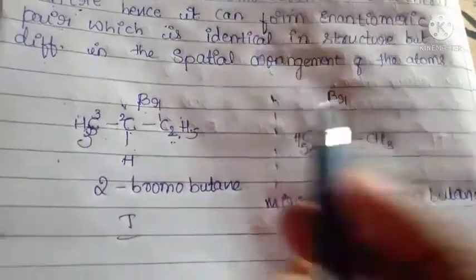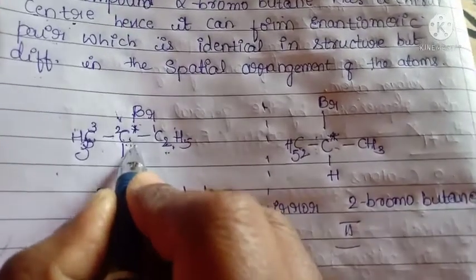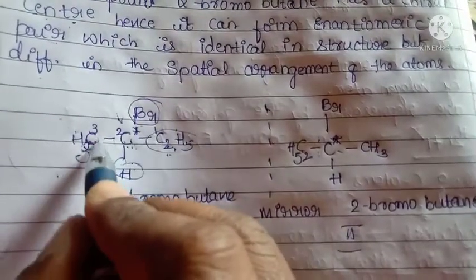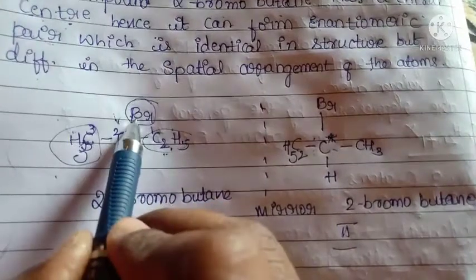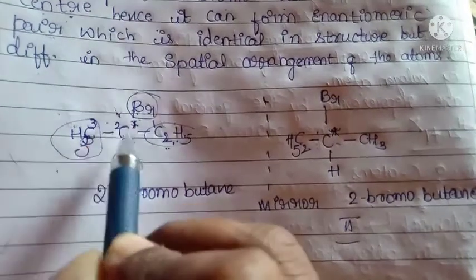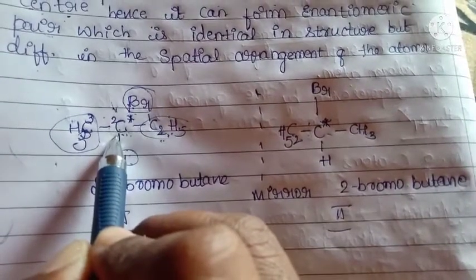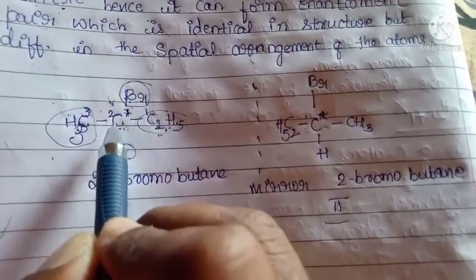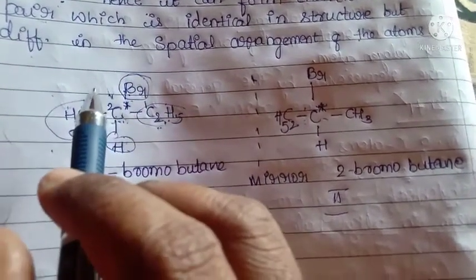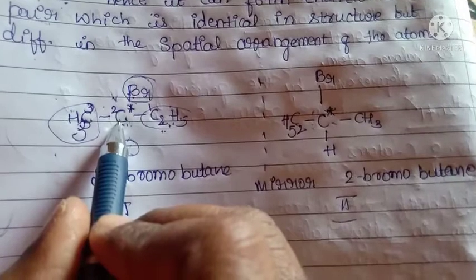And also you have to say this carbon atom, the one we marked with a star, this carbon atom is bonded with 4 different atoms. Okay, do you agree? Br, C2H5, H, CH3. These are all 4 different atoms that are bonded with this carbon atom. This carbon atom is a chiral center. Okay, do you get it? Chiral center means a carbon atom should be bonded with 4 different atoms. That is called a chiral center. That carbon is called a chiral carbon atom.